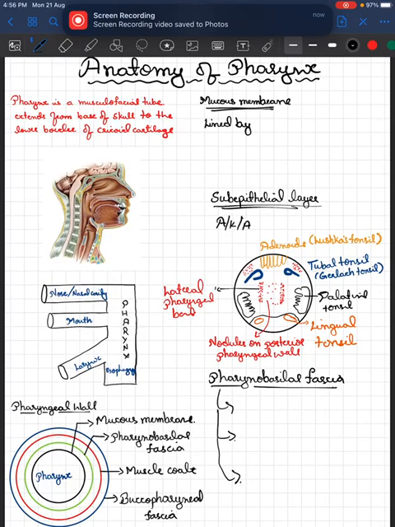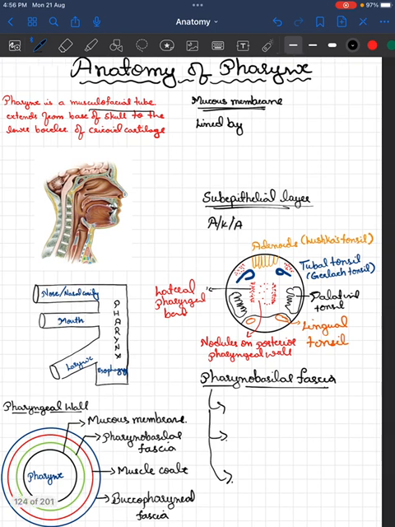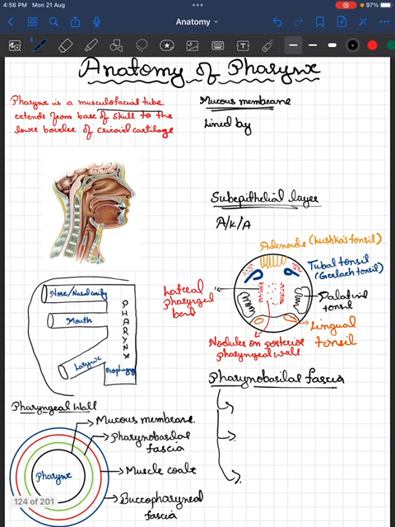Today's class is about the anatomy of the pharynx. The pharynx is nothing but a musculofascial tube that extends from the base of the skull to the lower border of the cricoid cartilage, as it connects the nose with the larynx and the oral cavity with the esophagus. It is an inverted cone structure,